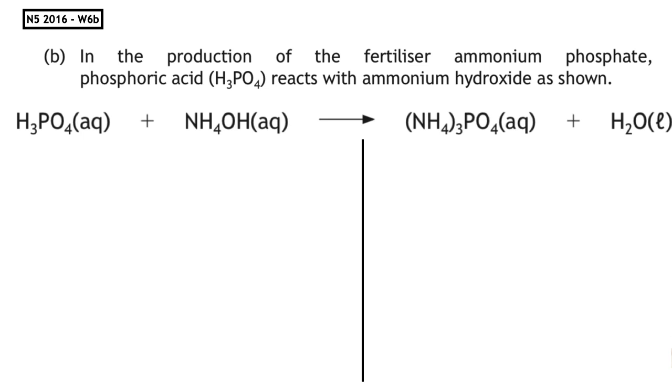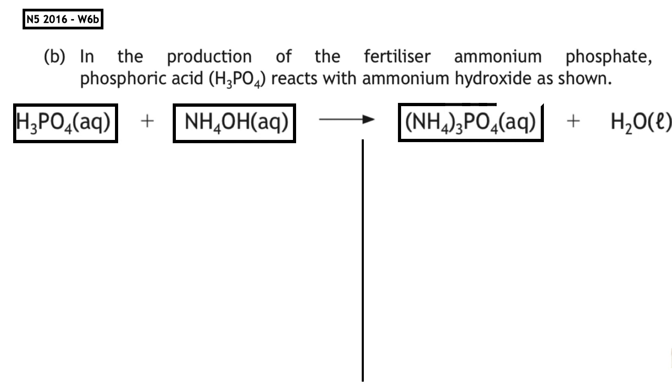This question's from the National 5 2016, written 6B. In the production of the fertiliser ammonium phosphate, phosphoric acid, whose formula is given as H3PO4, reacts with ammonium hydroxide as shown. Balance this equation. The first step, we must put boxes around each of the entities which are given in the